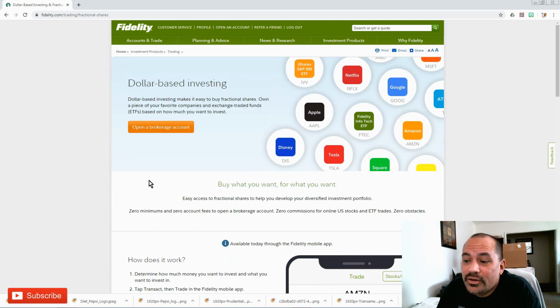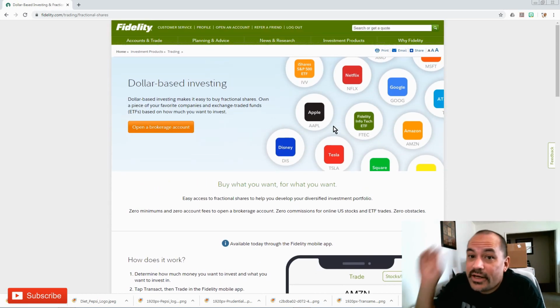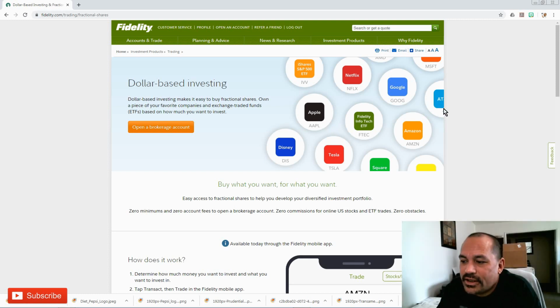Now, doing this takes a lot more work. That's the advantage of M1: you can set up your complete, entire pie and just deposit money. That is the strength of M1, and then M1's algorithm, or whatever you want to call it, allocates the money for you based on your percentages. That is the strength of M1 Finance.